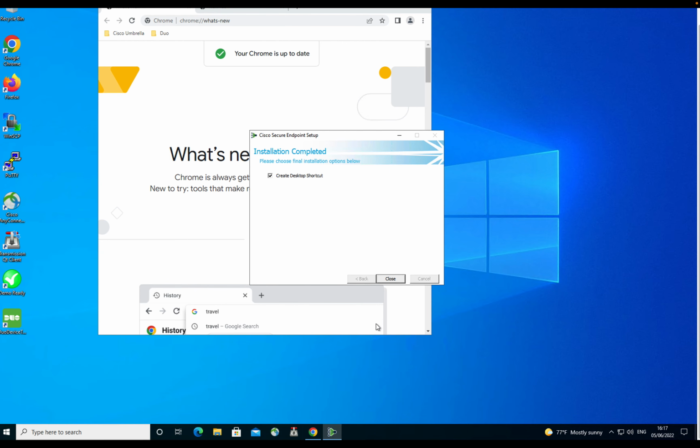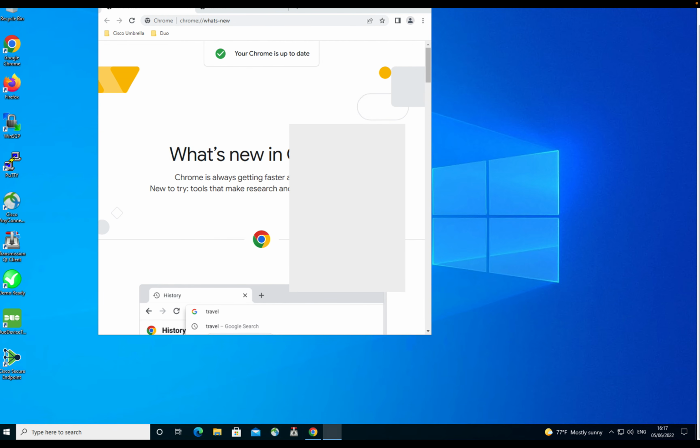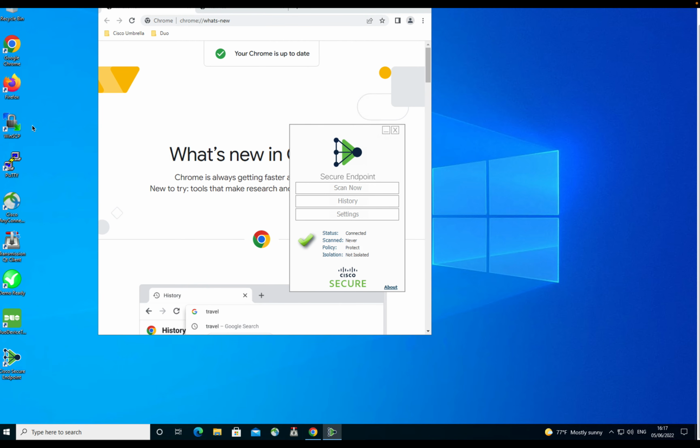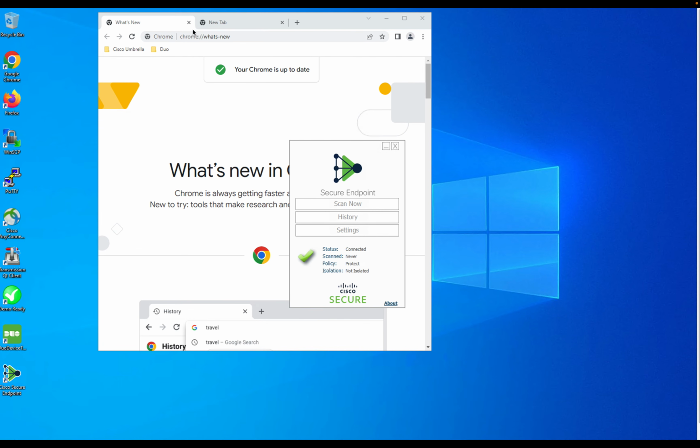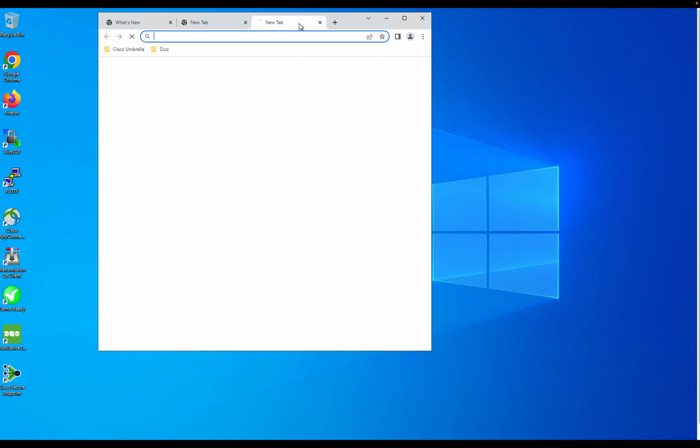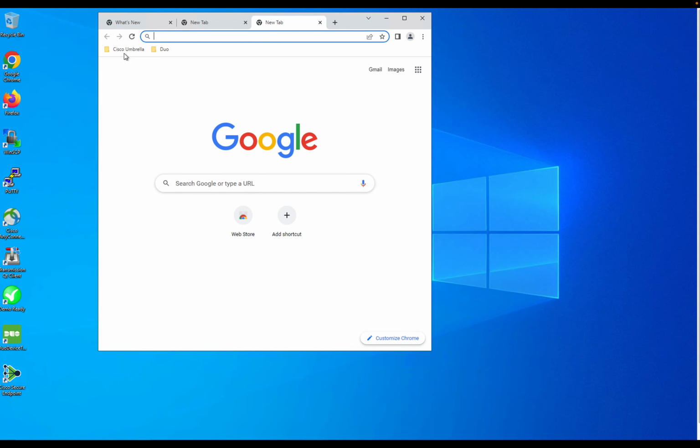Alright, installed it. We created even a desktop shortcut. Close. Alright, it's installed. Now let me go to my browser, and just for the fun of it, let's download a malware file. Let's see, there's something called AV test file. So let's try to download this one. It is failing to download, but still I think that is enough for our AMP to register